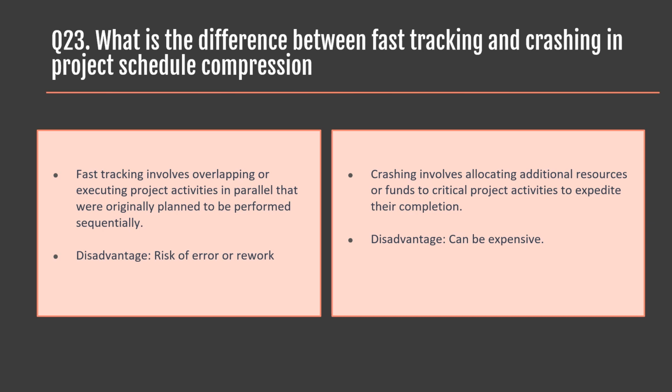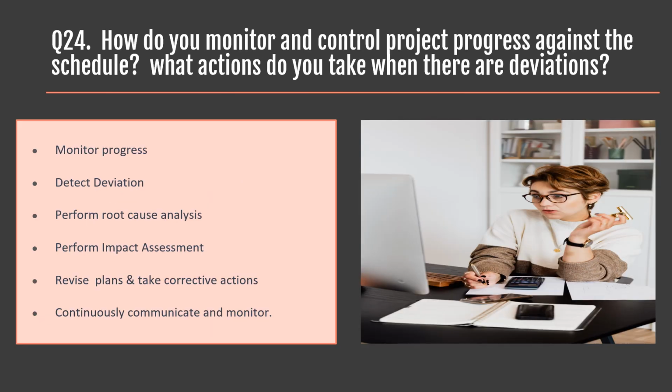For example, it was pre-decided to test the application manually, but later on it was decided to develop automated scripts using a robust tool to test the application, which required automation testing engineers, which was way more expensive. Question number 24. How do you monitor and control project progress against the schedule, and what actions do you take